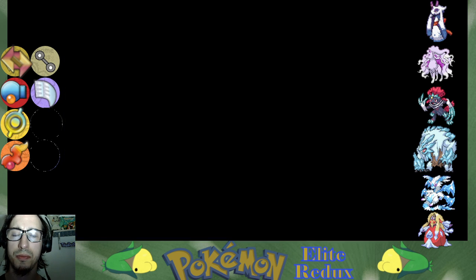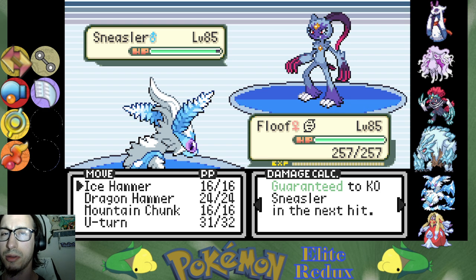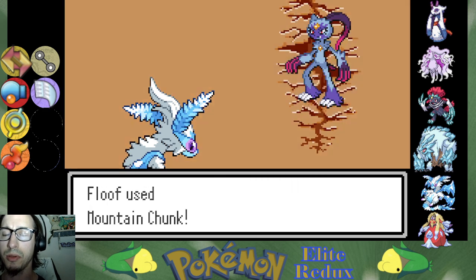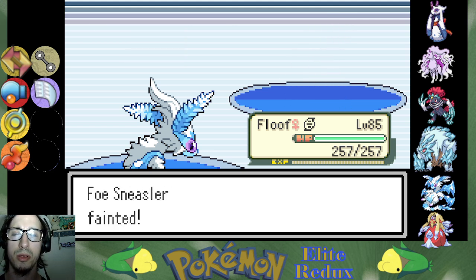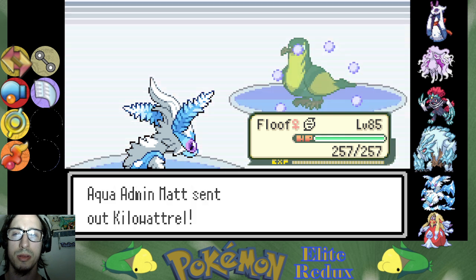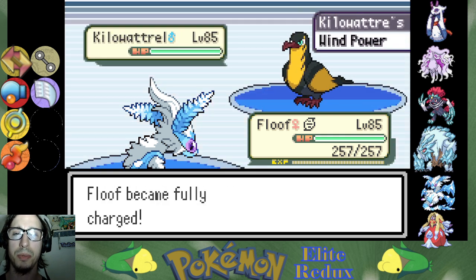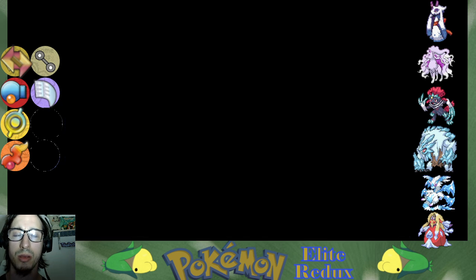Okay. If we do Floof here... Weavile is not good against Sneeze Litter. Mountain Chunk is, though. He has one Mon left. Get a Wattrel. Air Blower is pretty tough. He's gonna Hurricane me or something. That sucks. I think...